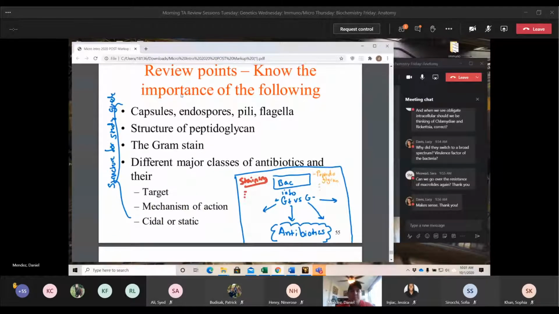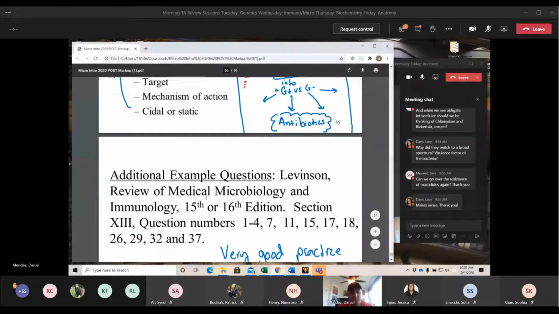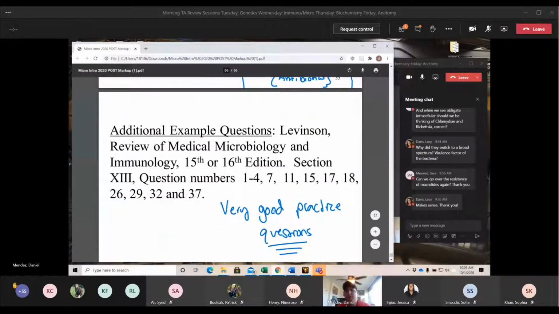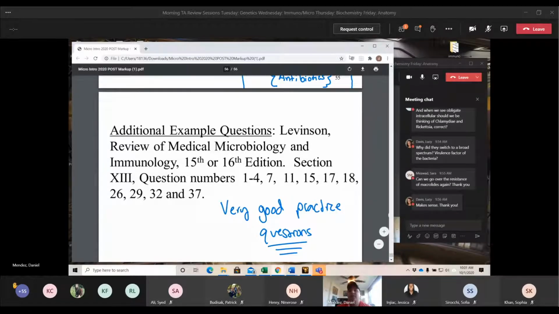And some points to know, he puts this at the end. These are overarching points, no more than just this. This is just bare minimum. You really need to dive into it a little deeper. And these are very good practice questions if you have the textbook. Once again, he's not going to use the exact same question you see here for his actual test. He does a pretty good job of making sure that test questions are not ones you've seen before. But these are very, very good practice to go through the correct thought processes and filter out information.